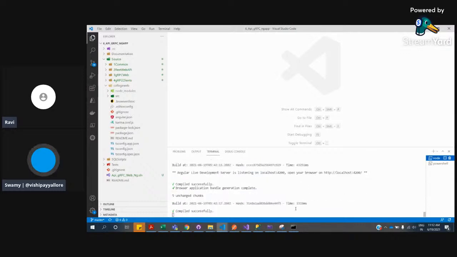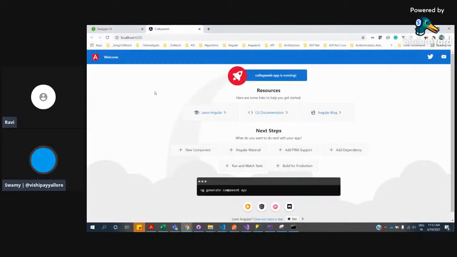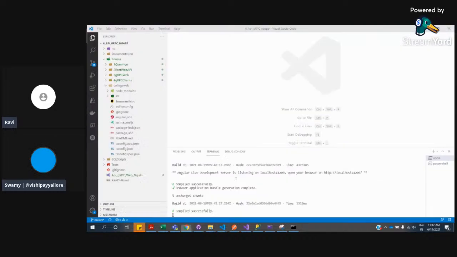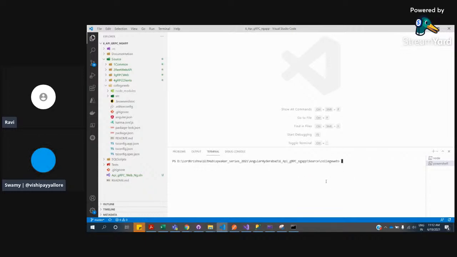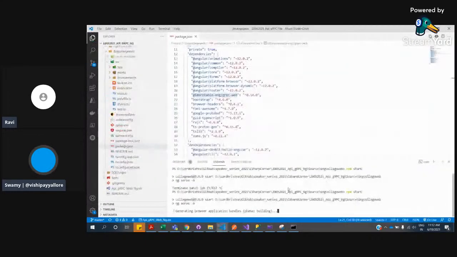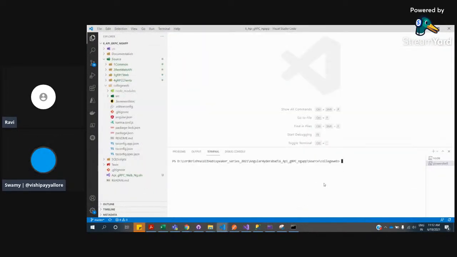Okay, perfect. So if you come and see this one, here we have the initial application. It just loaded, but we didn't do all those npm i. So I come into this college web, get into this folder, source and college web, and let's start installing those packages. It will not take much time. Okay, anyway, this is also coming. So we'll see that while that is coming. npm i,